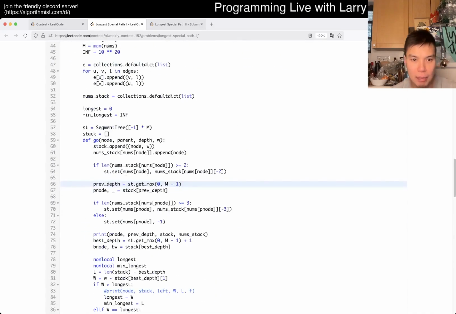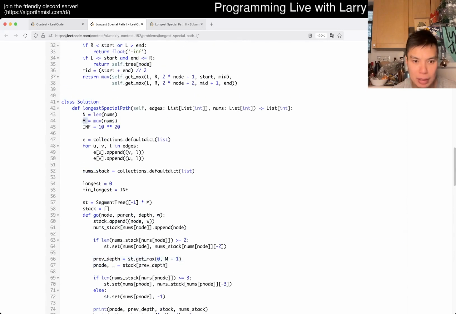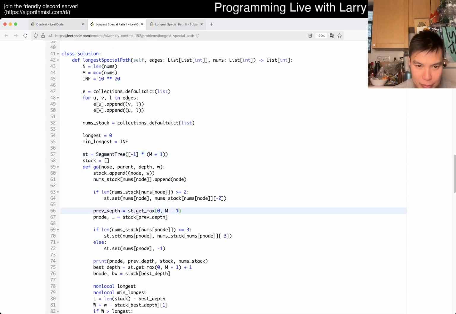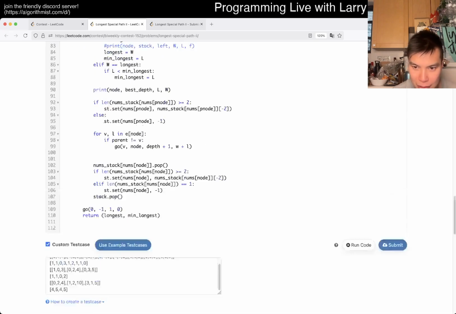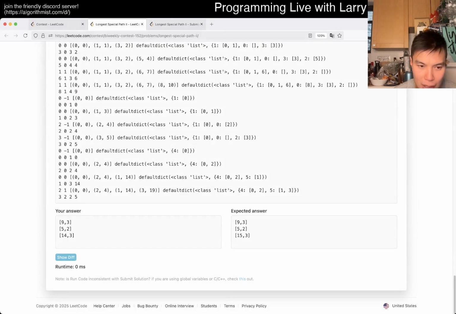And is it M or M plus 1 or M minus 1? This is wrong anyway because M should be M. I don't know, I always forget whether it is off by 1 or not, but in any case, okay, so I mean this is I don't know if this is a better answer, but it's not wrong for the reasons I read before. Obviously this is a little bit worse, but